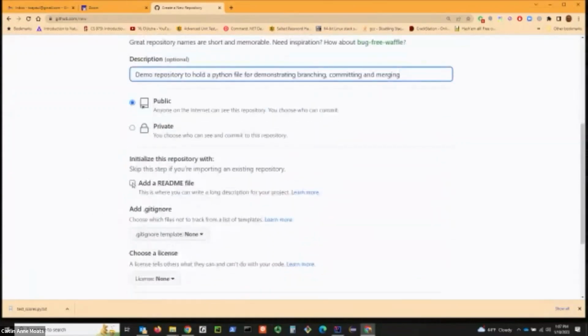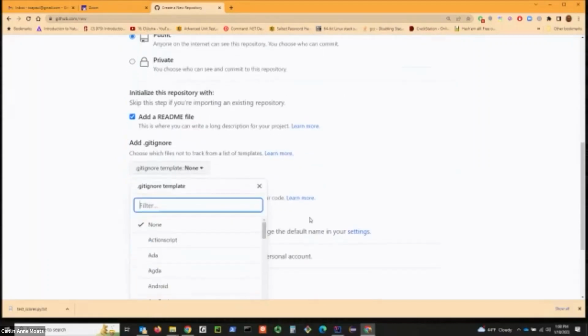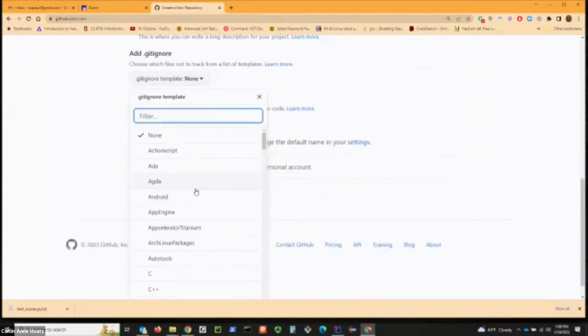Some other things real quickly. A README file. The README file, well, what are READMEs for? It's like, well, README, I have interesting information about this repository, for example. So I like to have GitHub include one of those for me. It's nice. It's just basic information about the repository that you can edit. The other thing that it shows us here, and I'll bring it up just for grins and chuckles, is there's